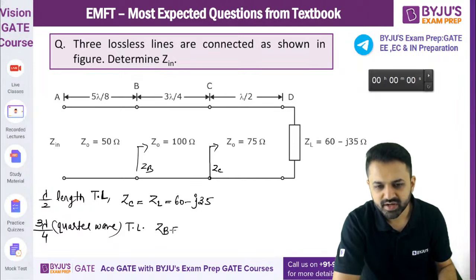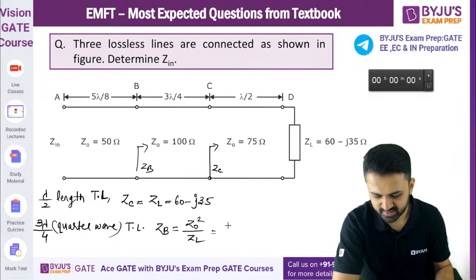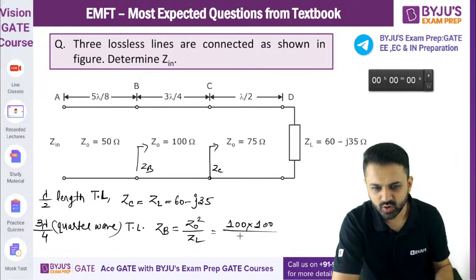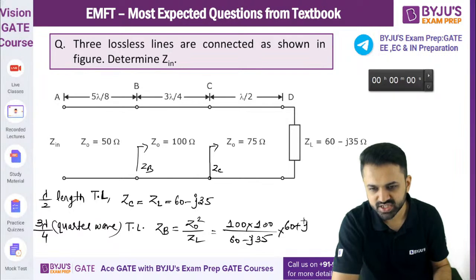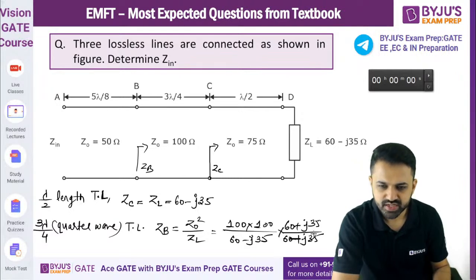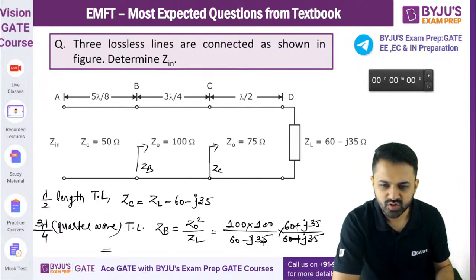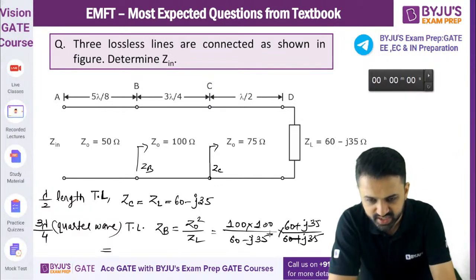B पे जब इनपुट इम्पीडेंस निकालोगे तो वो हो जाएगा Z0 स्क्वायर अपॉन ZL। सो 100 इंटू 100 डिवाइडेड बाय लोड, लोड हो गया 60 माइनस J35। सो इसको आपको पहले 60 प्लस J35 एंड 60 प्लस J35 करके सॉल्व करना होगा। ठीक है, सो इसको अगर हम लोग सॉल्व करते हैं तो यहाँ से हमारे पास 60 का स्क्वायर प्लस 35 का स्क्वायर आ जाएगा।